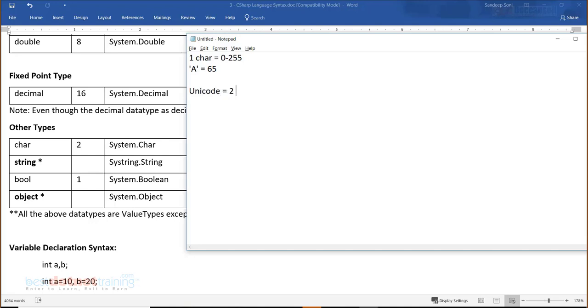It's a 2 byte character set, and this 2 byte character set is going to be used by different languages to represent their characters with different numbers. All major languages in the world. I'm not talking about some tribal language where we have 15 people in the world in that tribal community.